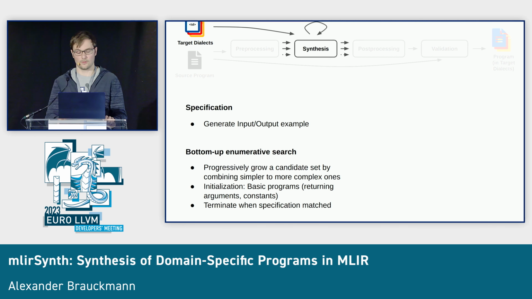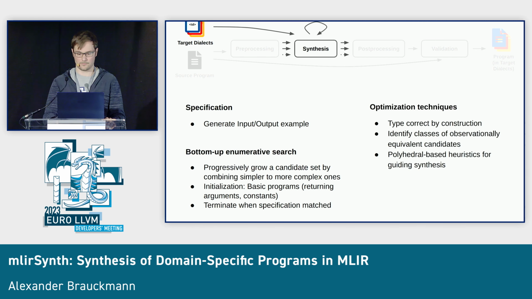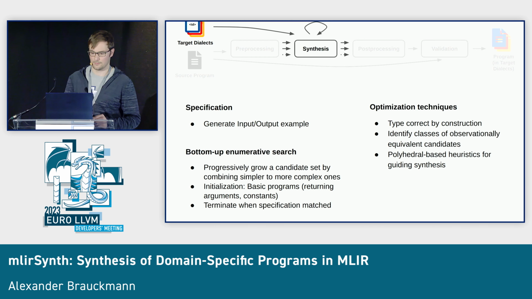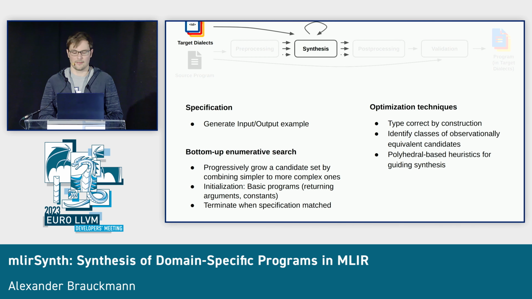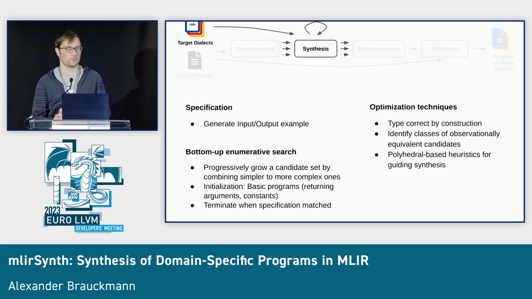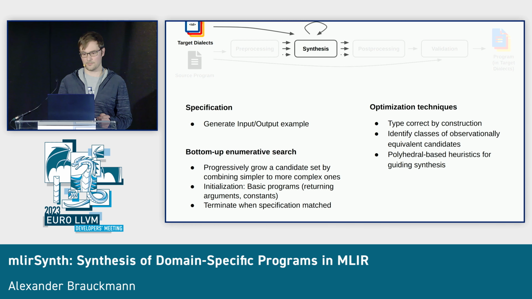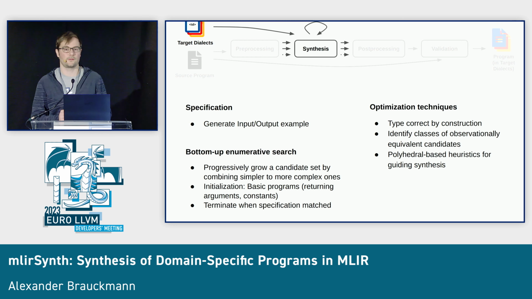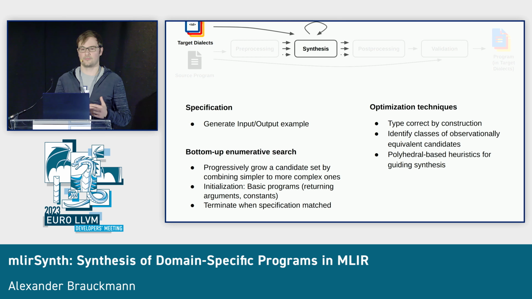And each time we also evaluate the program. We see how it behaves, and if it meets the specification, we terminate the search and found the program. We also do some optimization techniques that are really needed in this search. First, we do type correct by construction. So we check what are the operand types of an operation, and only consider candidates that meet this